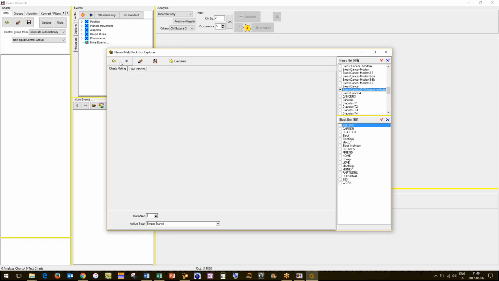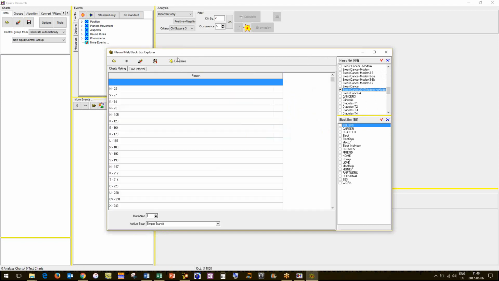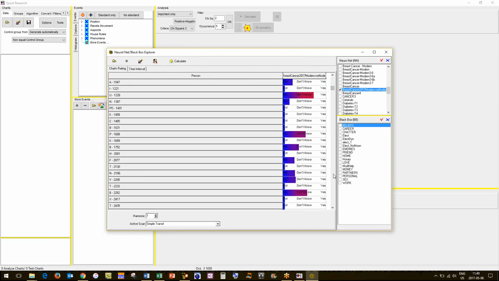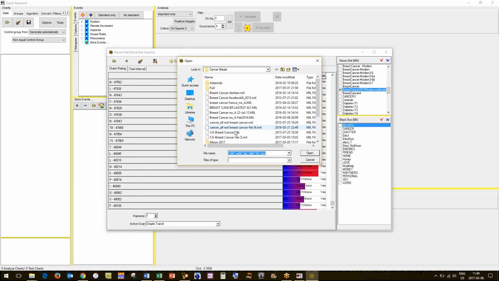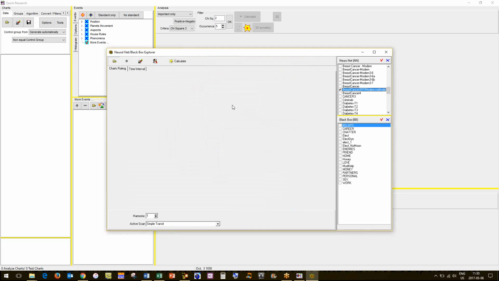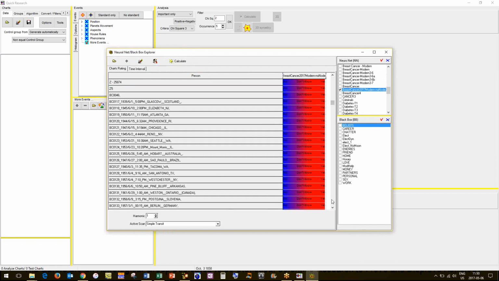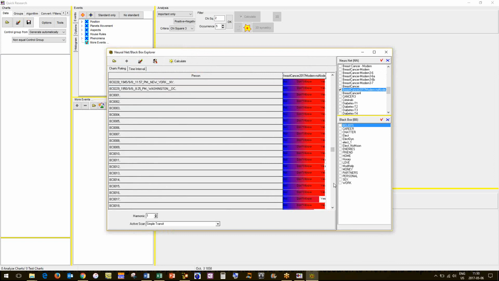There we go. There. So as you can see here, it doesn't pick up much on these people here. Some get picked up, but it's generally white. Whereas if you look at the people here who have breast cancer, that's better. As you can see, it's selected all these people.